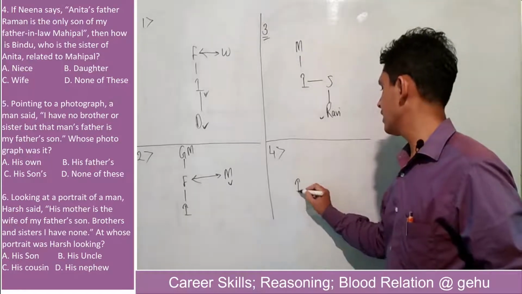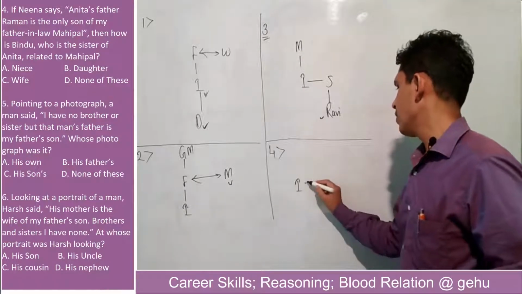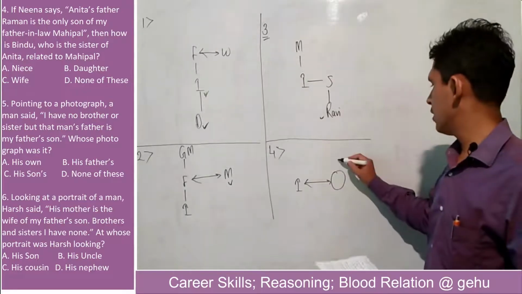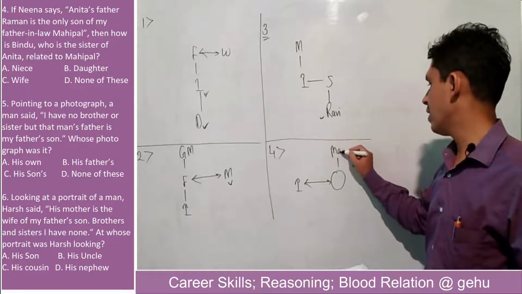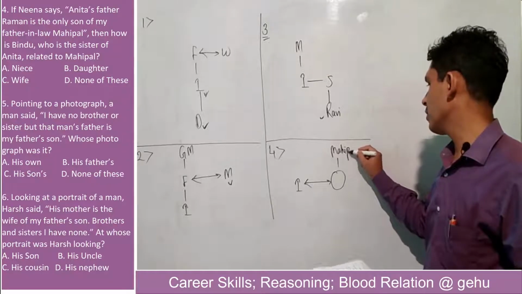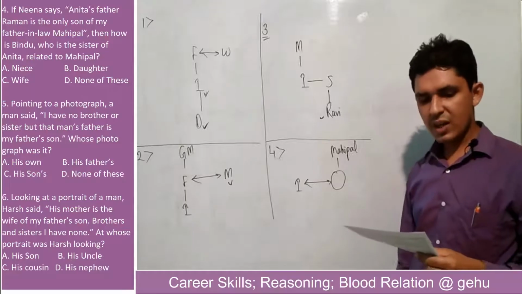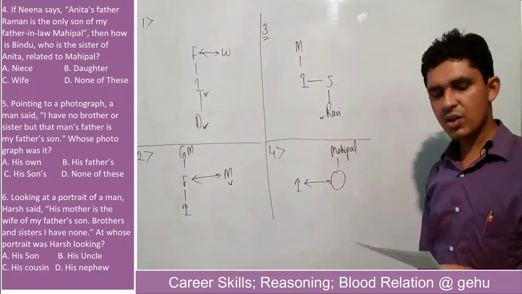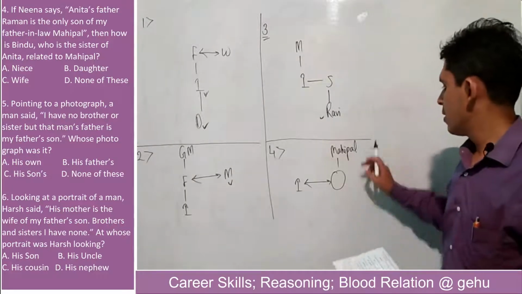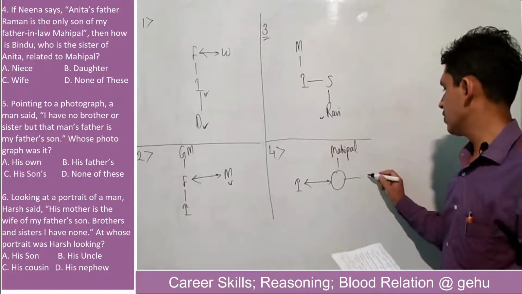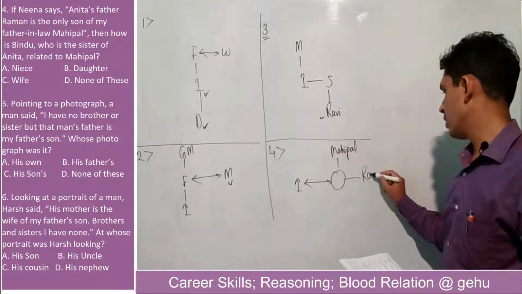It is very simple, friends. I and my wife, whoever she will be, her father is Maipal, right? Because I am drawing here my father-in-law Maipal. Anita's father Raman is the only son of my father-in-law Maipal. My father-in-law's daughter will be my wife, and the only son will be Raman. So Raman can be here,